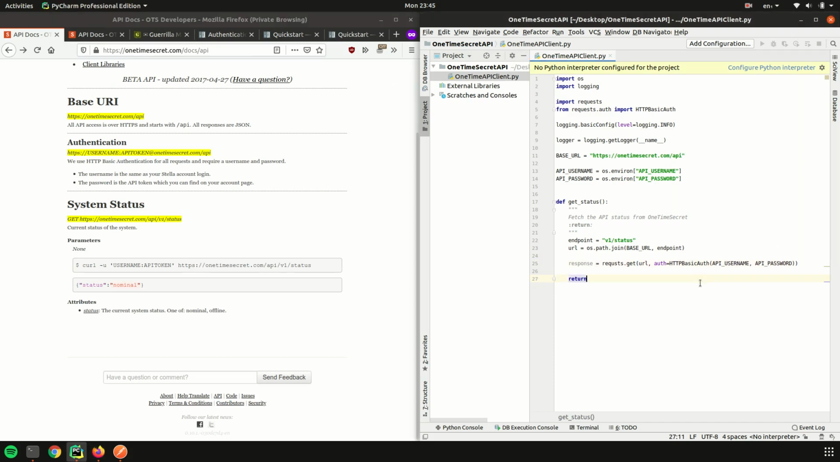So I'm going to say response.json. And as we know, JSON is a great little helper that the requests module gives us, and it will just convert whatever we get back into a Python structure because we know it's JSON. So let's quickly test that